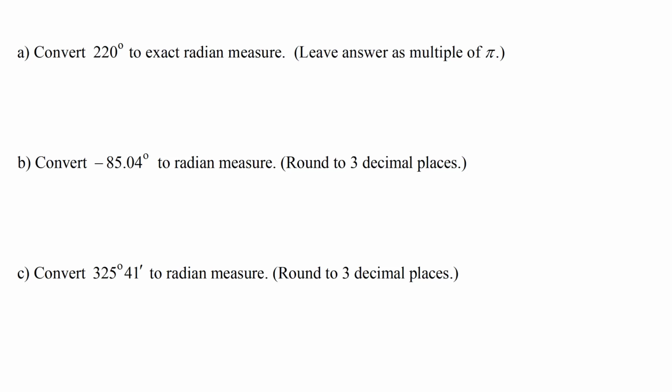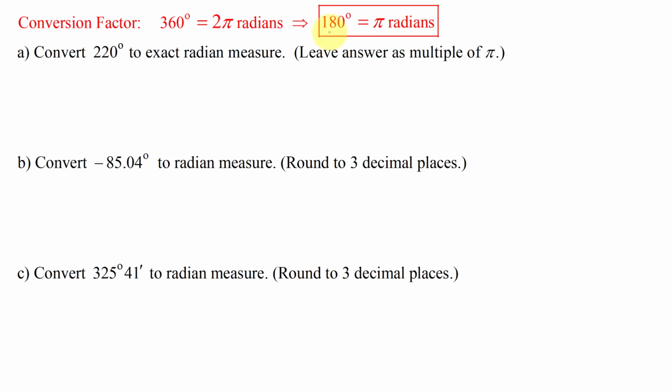In this example, I'm given three angles either in degrees or degrees and minutes, and I need to convert them all into radians. Well, what is the conversion factor that allows us to convert from degrees to radians? The conversion factor comes from the fact that one revolution equals 360 degrees, and it also equals 2 pi radians. And if I divide both sides of this equation by 2, I get my conversion factor of 180 degrees equals